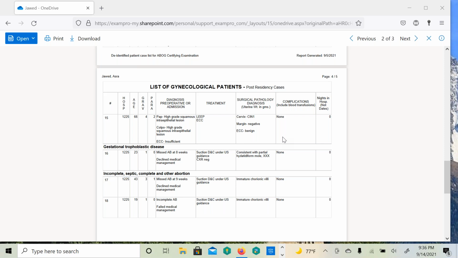You're okay. If they bring this up, I would want to be one step ahead of them and say, now, I recognize that usually we do a conization. However, interestingly, in this case, I did a LEEP. And then you'll tell them why you think it's interesting, with the points you just brought up about how you evaluated this patient. And this case will then be one of the strong points on your case list.